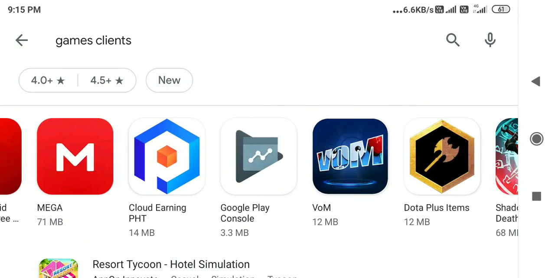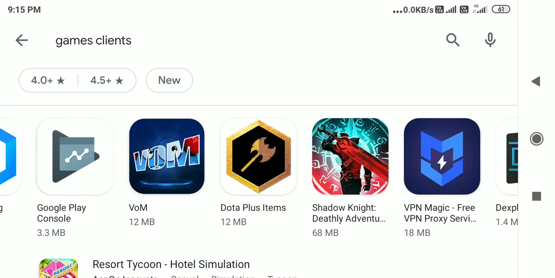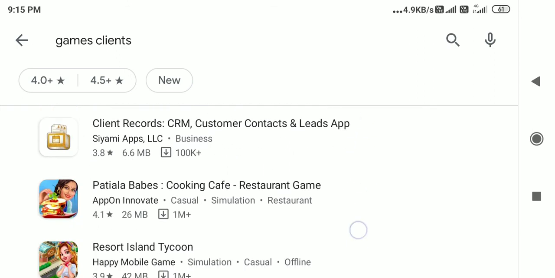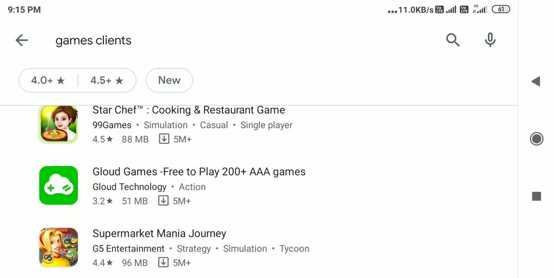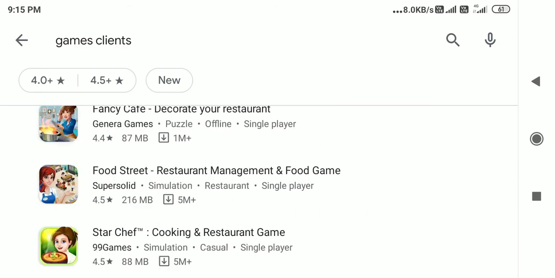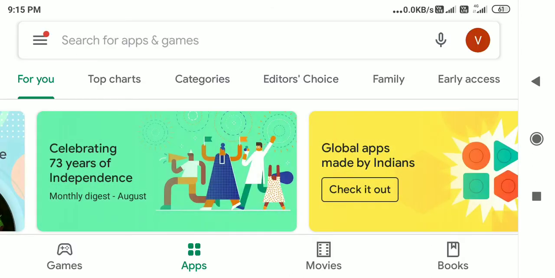Okay, now I'm going to use WARM. WARM is a kind of thing, Dota plus items. Now we don't know where that is. Where is the particular server, which cloud, which one I have to use for that particular server. Now what we saw here, what was that?